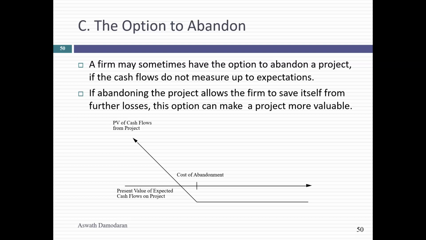So you've got the option to delay, the option to expand. Let's take the third option, the option to abandon. It's the only real option that's a put option. It gives you the right to walk away from an investment you've already made. And here's how it plays out. You have an investment. I give you the option to walk away. If you walk away, you get, let's say, half of what you invested. So you're going to lose money, but essentially, I cap your losses. I put a limit on your downside.